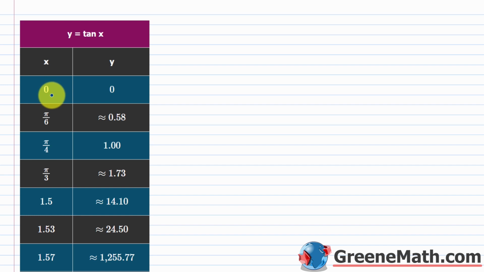So basically at an x value of 0, we get a y value of 0. At pi over 6, you get about 0.58. That's just approximating square root of 3 over 3. At pi over 4, you get 1. At pi over 3, you get about 1.73. That's approximating the square root of 3. And then we have 1.5 is about 14.10. 1.53 is about 24.50. 1.57 is about 1,255.77, and then this 1.5707 is about